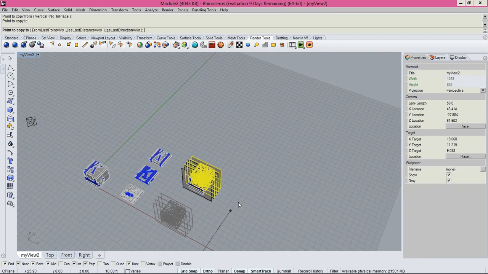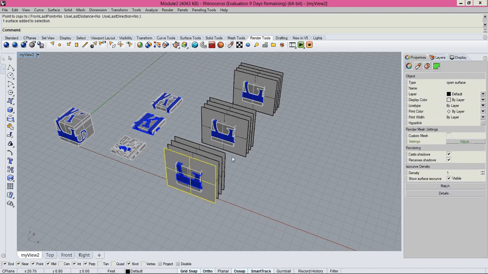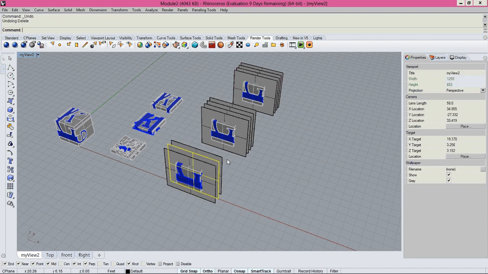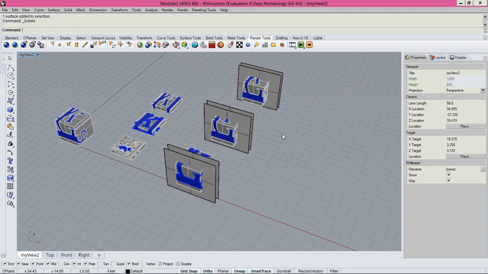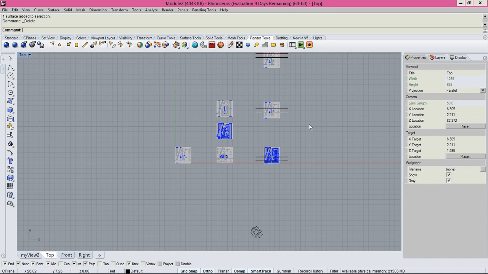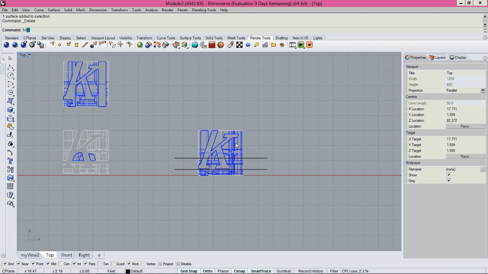and 2 times. We delete the 2 last ones here. We delete the first one and the last one, and we delete the 2 first ones, so we have a different slice. Okay, we can go to the top. It's much easier in this case, and do trim, select, enter, select,